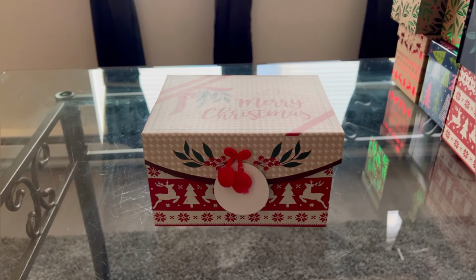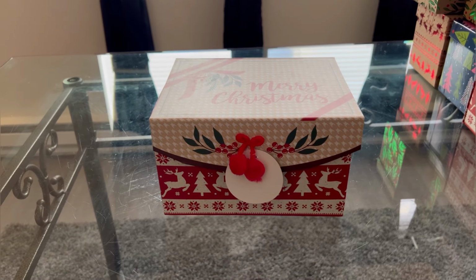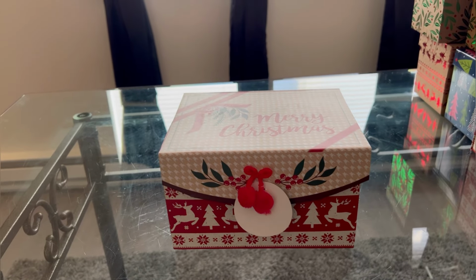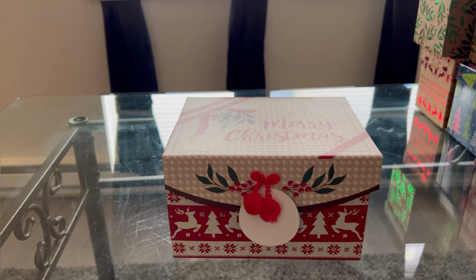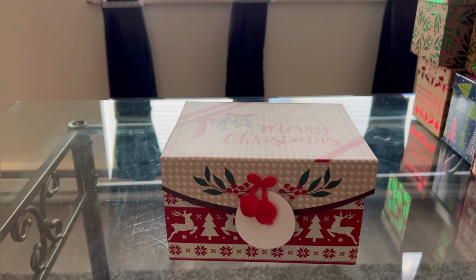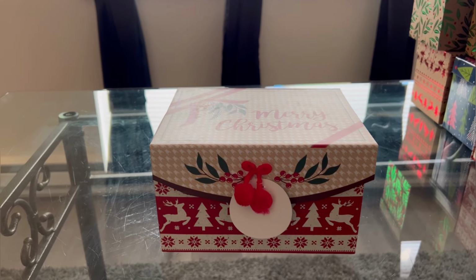So you can stock up on all your boxes, you guys, all different sizes and other things you might find for 25 cents for your Christmas clearance, okay? So everything that's Christmas is 25 cents. I just wanted my boxes. So yeah, if you are interested in these boxes, please go down to your Dollar General